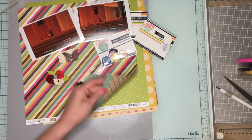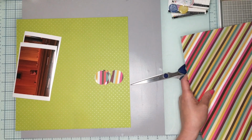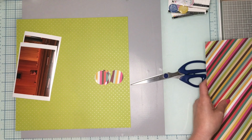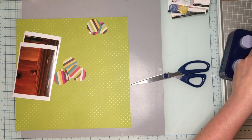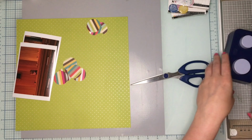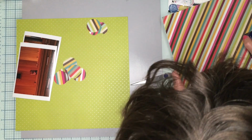So this was a fun one to scrap lift. I really like the way it turns out. It's definitely not very boy, but it's more about the feeling of why the photos were taken that I wanted to capture, not necessarily that it was about my son. But I did confirm it actually was, I think it was the morning of my mom's funeral, or we might have just been there getting things ready. He just, you know,